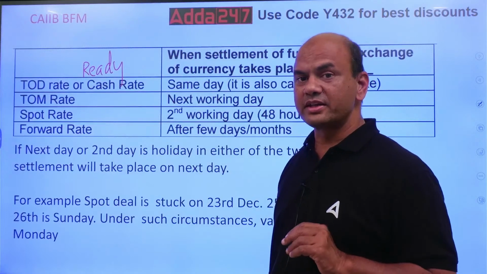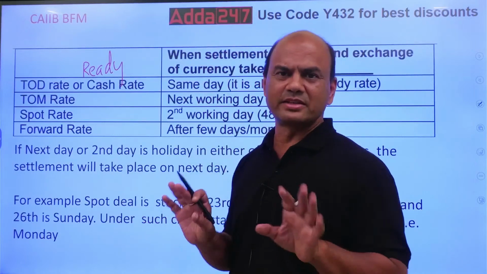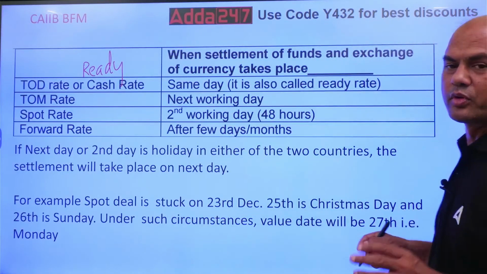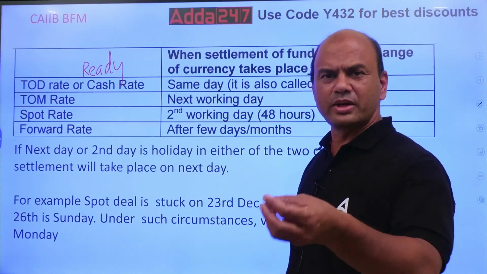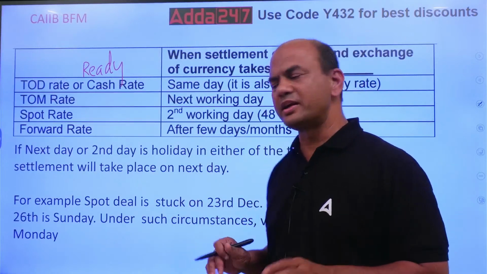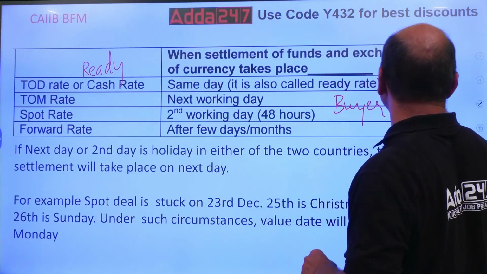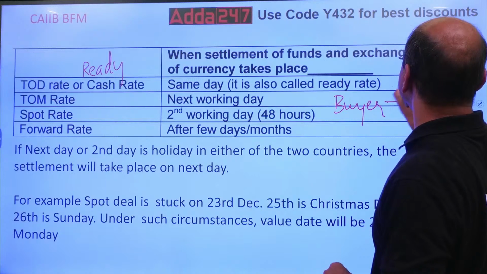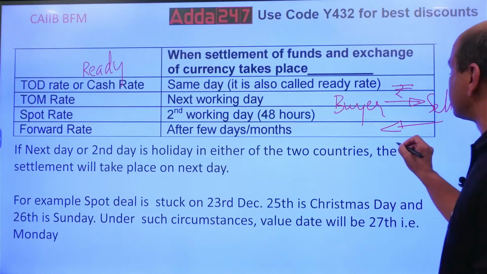So what do you mean by this? It's a very simple transaction. I will give you something, you will give me something. That's the basic meaning of settlement. Example, if you go to a vegetable market, we give money to that vendor and that vendor gives us vegetables. What do you mean by settlement? Buyer and seller. The buyer will give rupees, and the seller will give commodities. Whenever I say vegetables, it means it is a commodity.